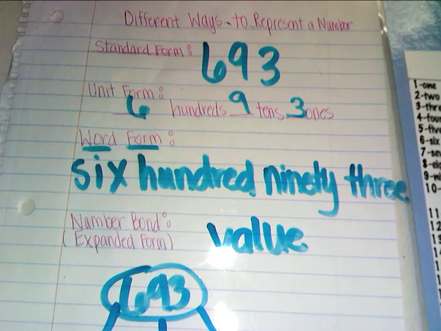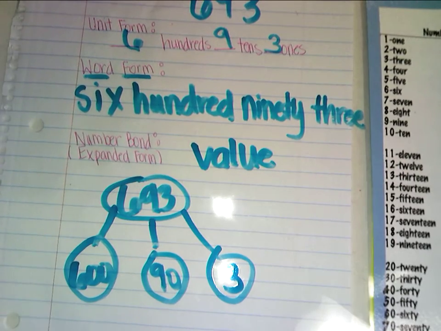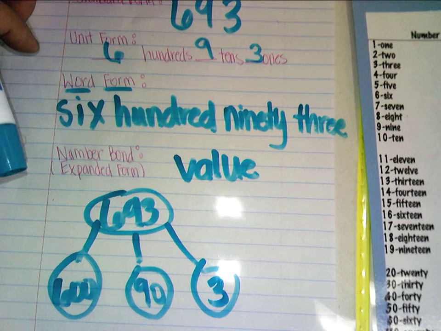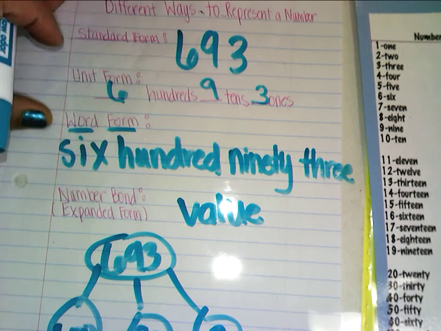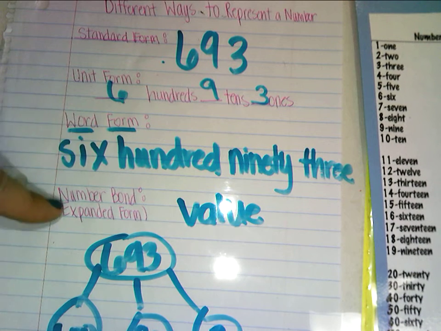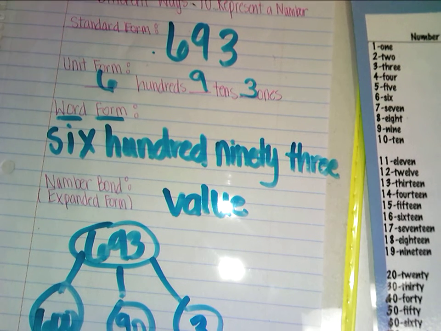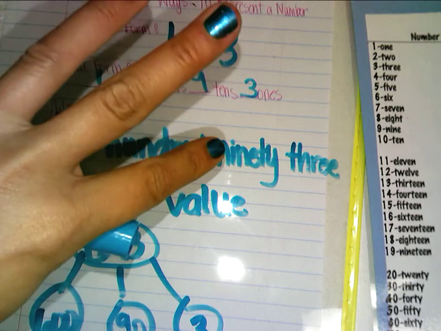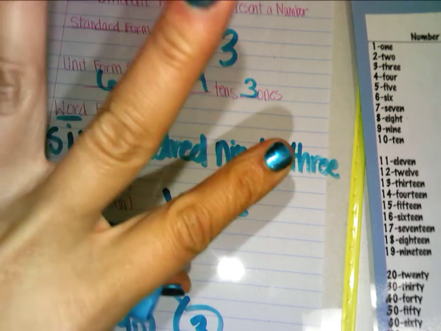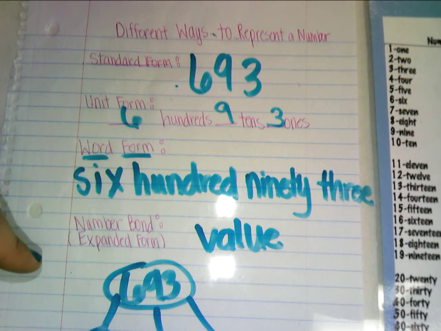Okay, so now you can see that I have represented the same number in 4 different ways: standard form, unit form, word form, and expanded form using a number bond. So this is what you're going to do today, using a 3-digit number and showing the number and representing it 4 different ways. Okay,